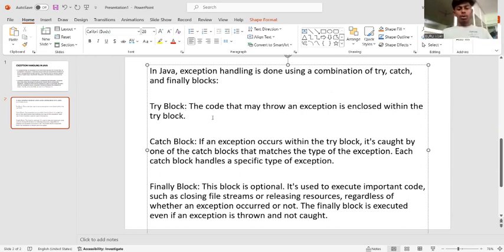The code that may throw an exception is enclosed within the try block. So, when we have an ambiguity about whether the code will throw an error or not, we can put those statements in a try block, so that when an error occurs, instead of throwing the error, it can be handled using this try block